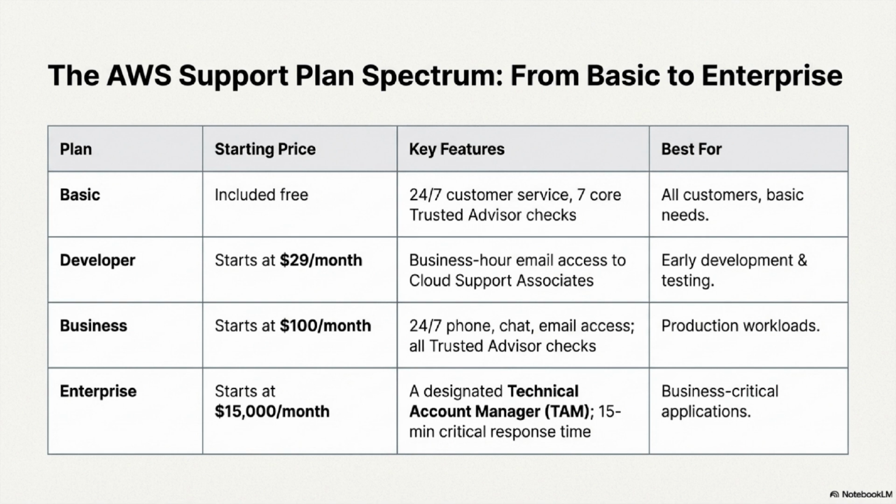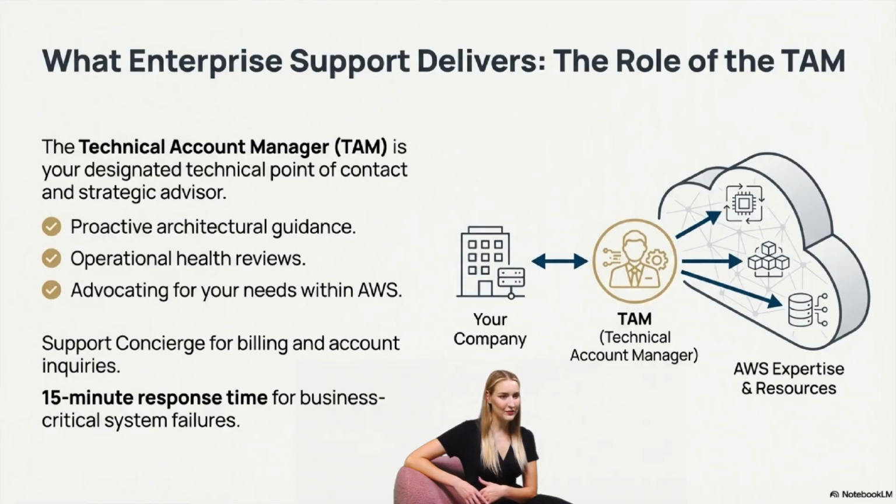Enterprise, starts at $15,000/month. It is for business-critical applications and includes a technical account manager, TAM, and a 15-minute response time for critical failures. The most significant differentiator of the enterprise support plan is the technical account manager, or TAM. The TAM is your designated technical point of contact and strategic advisor within AWS. They provide proactive architectural guidance,